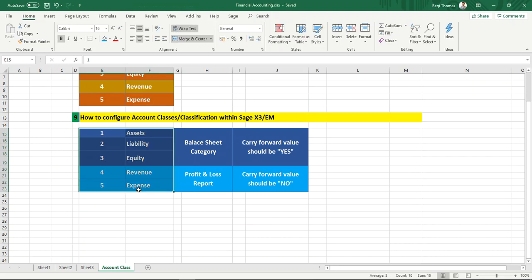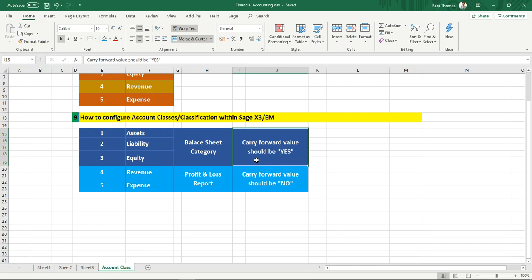So we are already familiar with this area. One is asset, two is liability, three is equity, four is revenue, fifth is expense. We already know that asset, liability and equity belong to the balance sheet category. So if it's a balance sheet category account, when you are closing a year, those balances need to be carried forward to the next year's book of account. So normally balance sheet category